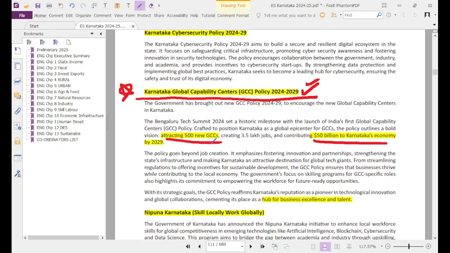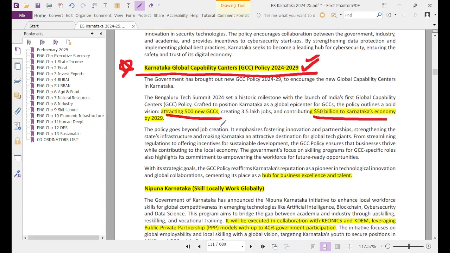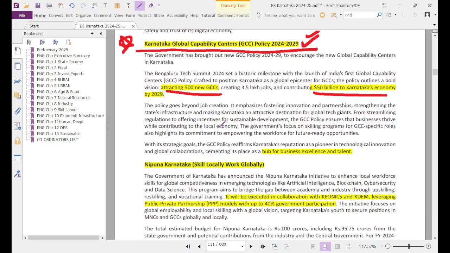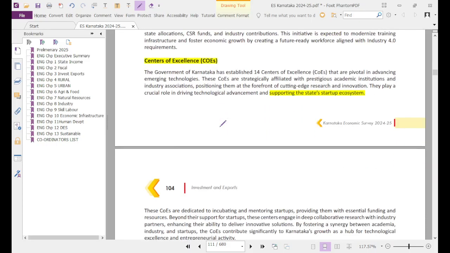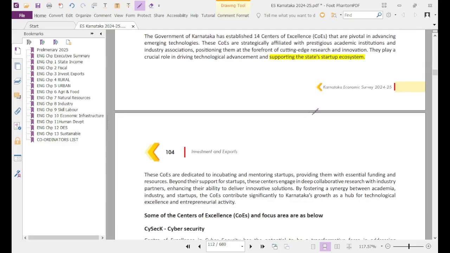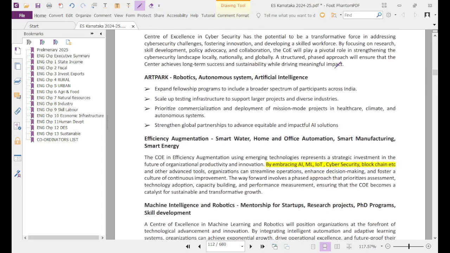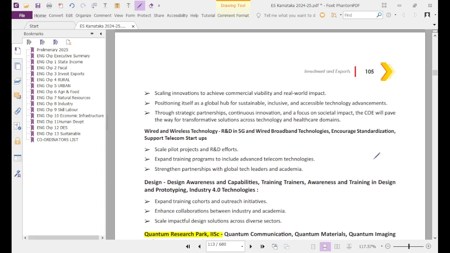envisaged to attract around 500 new global capability centers, which can contribute around 50 billion to Karnataka's economy by 2029. So this is a very powerful way of attracting foreign companies to Karnataka. We talked about the Centers of Excellence for supporting the state's startup ecosystem, providing fund support, credit support, knowledge support, all that. Especially embracing technologies, developments and innovation in AI, ML, IoT, cybersecurity, blockchain, edge computing, etc. So those things are there,